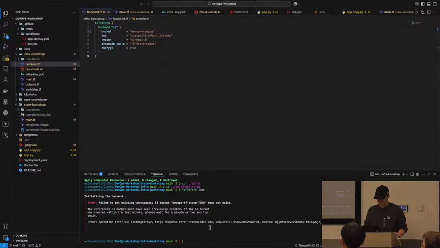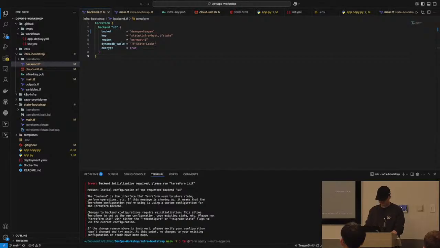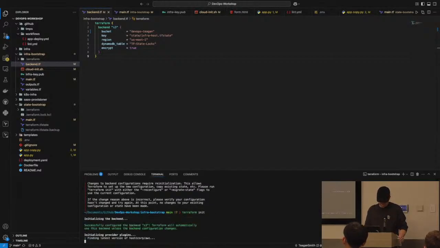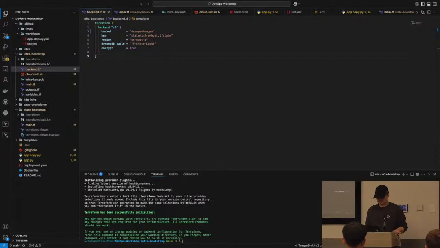Basically, the error there is that we're referencing the wrong backend. Perfect.